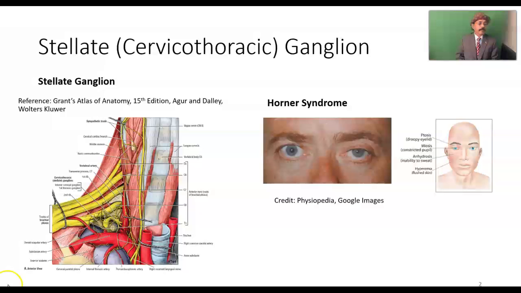This is the stellate ganglion, and if there is any destruction or damage to the stellate ganglion, that may lead to Horner syndrome. Horner syndrome is characterized by ptosis, drooping of the upper eyelid, so the palpebral fissure is narrow. Miosis, that means constriction of the pupil. The pupil is the gap in the iris, and it is constricted by the action of the sphincter